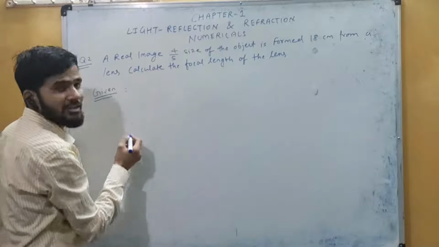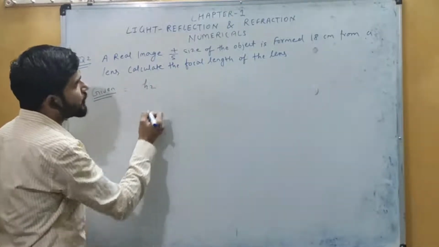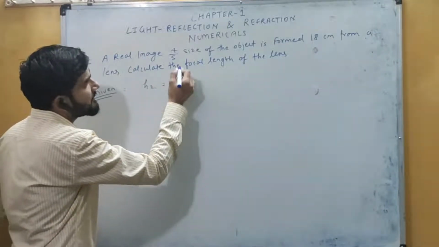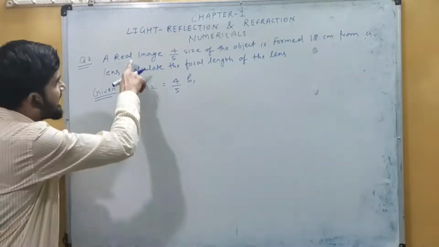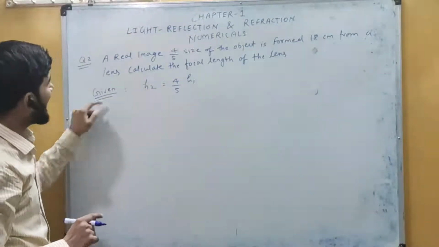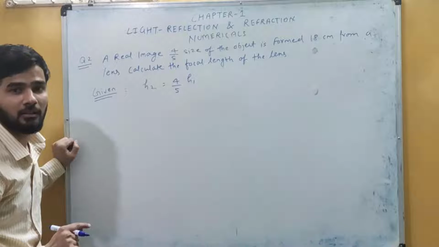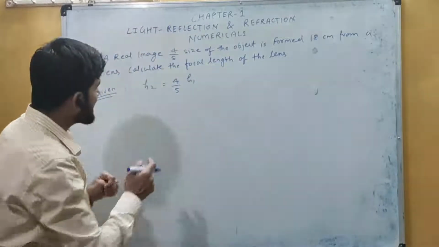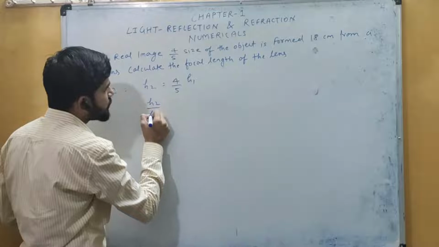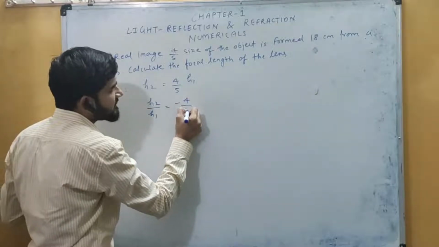मतलब यहाँ पर क्या given है? Image height that is represented by h2 is equal to 4 by 5 the size of the object, that is equal to h1. This is given from this first statement and this image is real. And we know that a real image is always inverted. मतलब यहाँ पर अगर हम लिखते हैं इसका रेशियो h2 by h1 तो ये कितना हो जाएगा? -4 by